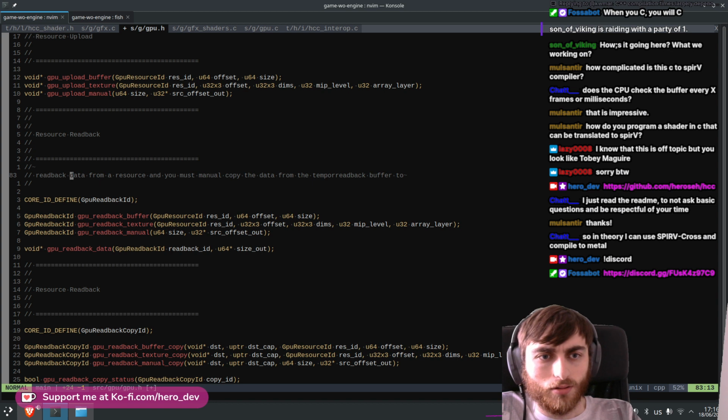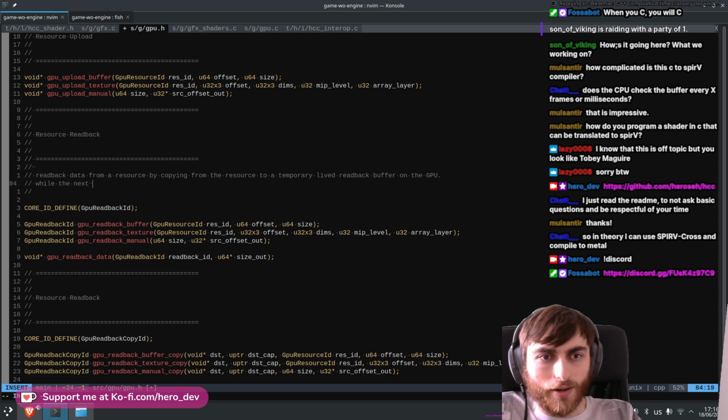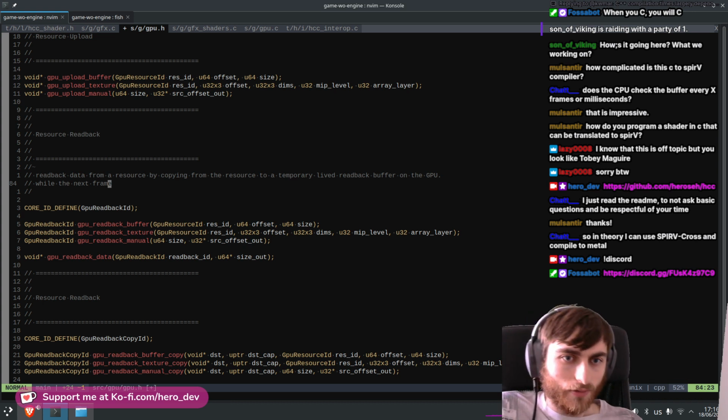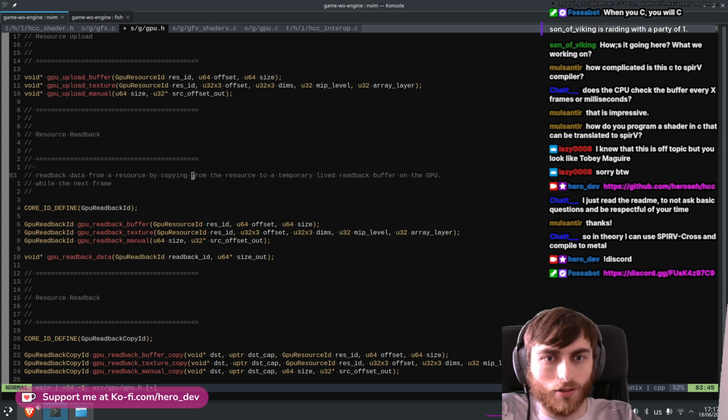Read back the data from a resource by copying from the resource to a temporary lived readback buffer on the GPU. Nice. While the next frame,